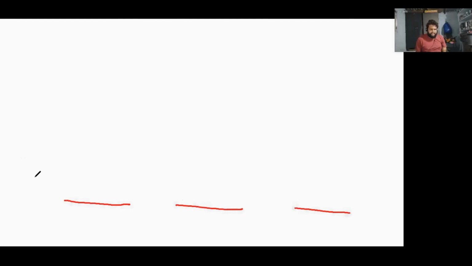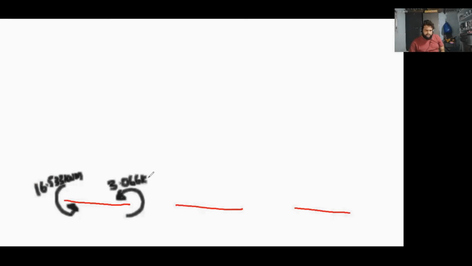So first MAB is minus. Minus means anti-clockwise. Okay. Next MBA is minus. Again this is anti-clockwise. So this value is 16.533 kilonewton meter. Okay, 16.333 kilonewton meter. And the next one is what? MBA. MBA we have got minus 3.066 kilonewton meter. Next this is A, B, B, C and CD.